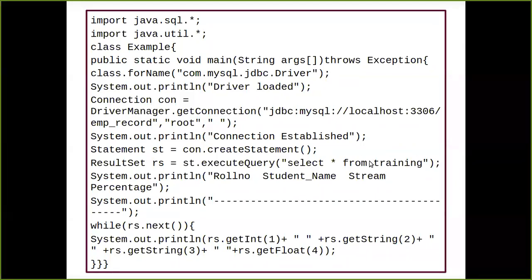So I just want to see the whole response, or the whole table, using that select query. Obviously we know that using this particular statement, the whole table in the form of rows and columns is going to be shown to me. Okay, so I am just writing this query so that it is going to be executed and the result is held in your result set class. Now I want to show it to my client, the whole table which I'm going to fetch from your database.